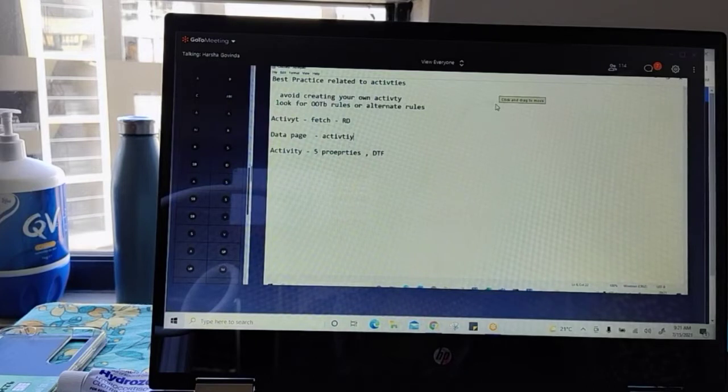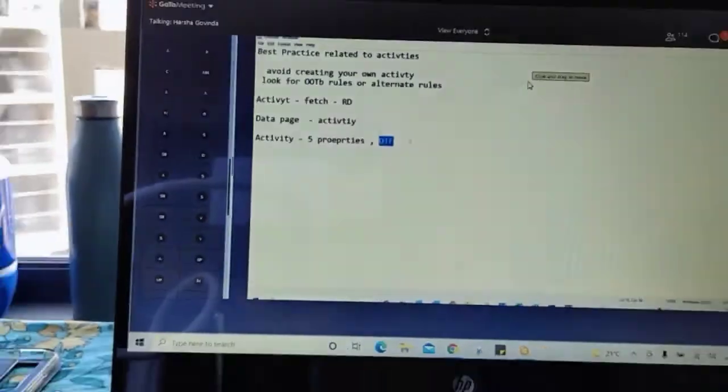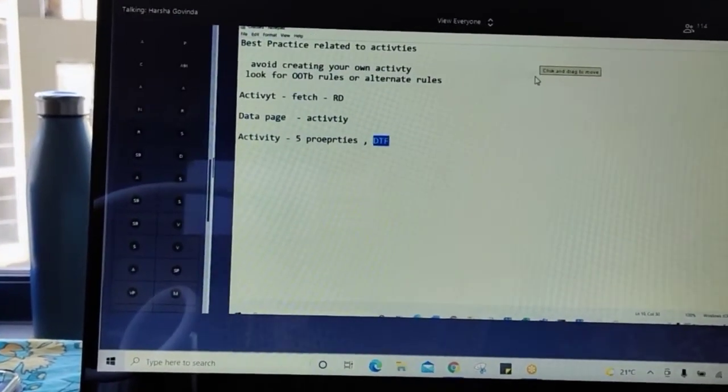If you go with the lookup option, that is equal to Obj-Open. And data transform is an alternate rule to activity when you want to assign properties. If you want to do property set, data transform is the alternate rule. Using a data transform, we can set single value properties, page properties, page list properties. Make sense? Everyone clear?